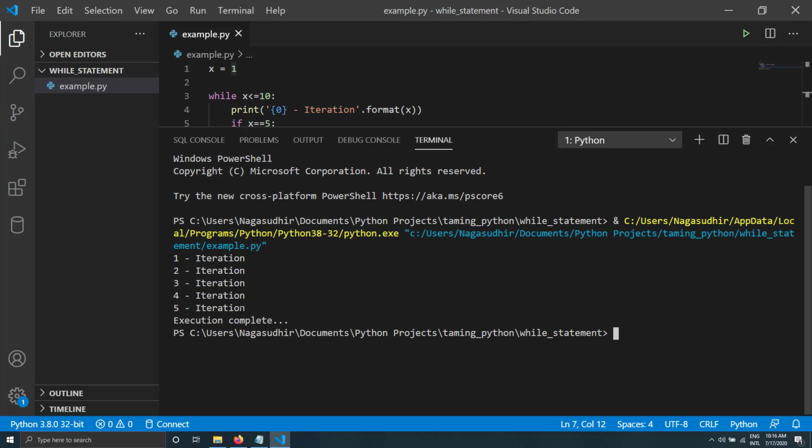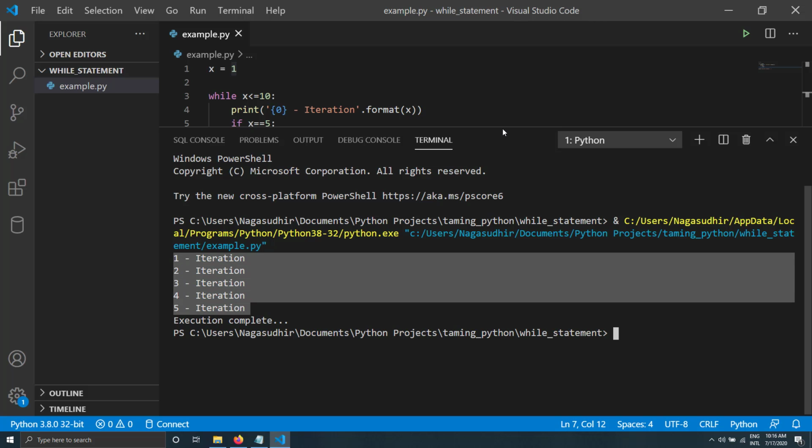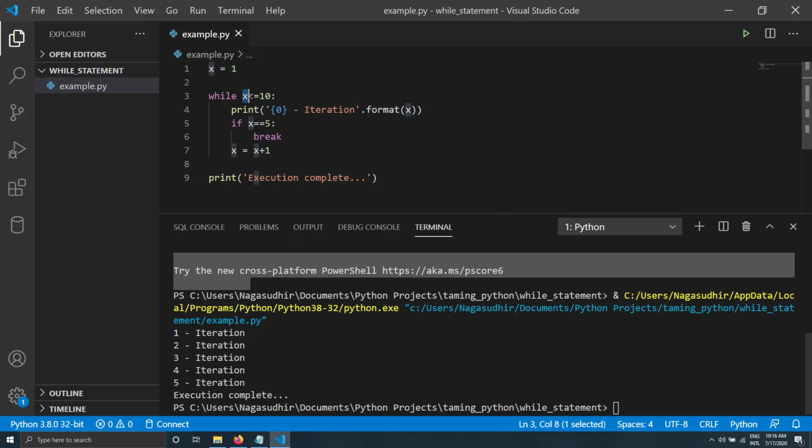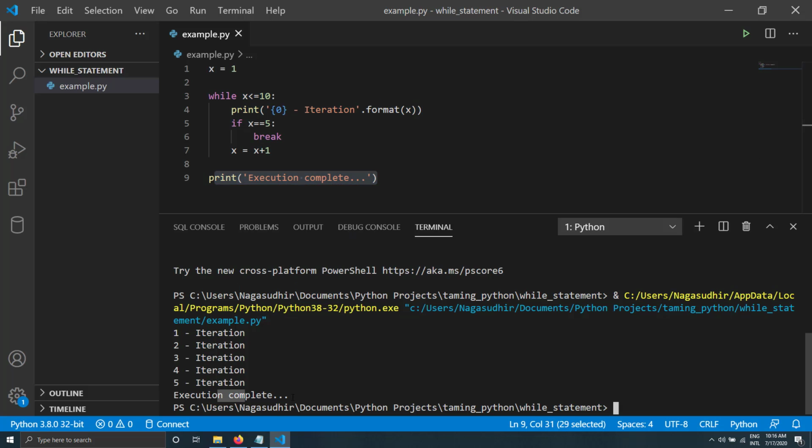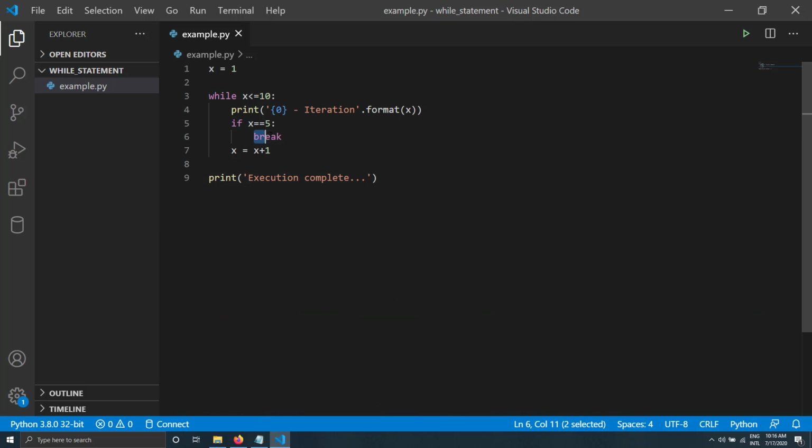You can see we have printed only 5 iterations even though the statement here is x less than or equal to 10. Since we have used the break at 5th iteration, the while loop will be broken and the execution will pass to the next statement and that's why you got execution complete. So that was the break keyword while using a while statement.